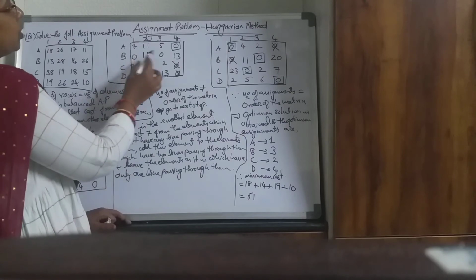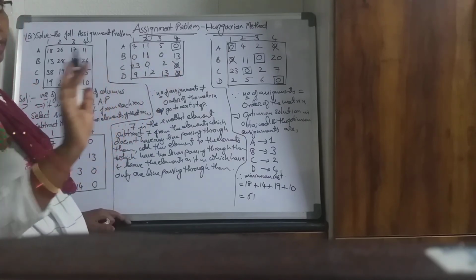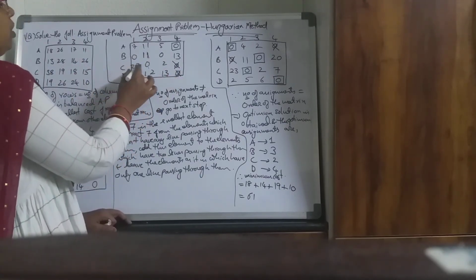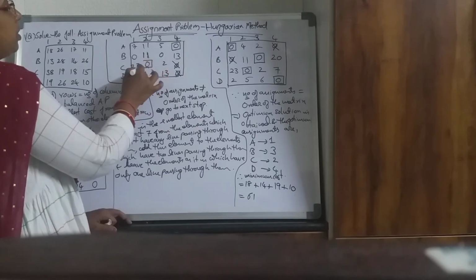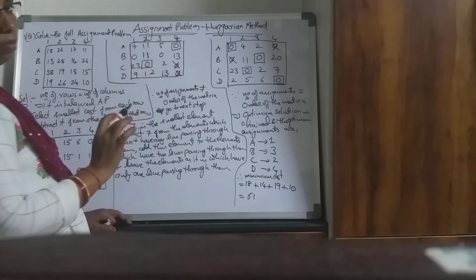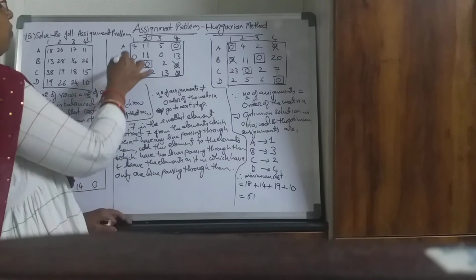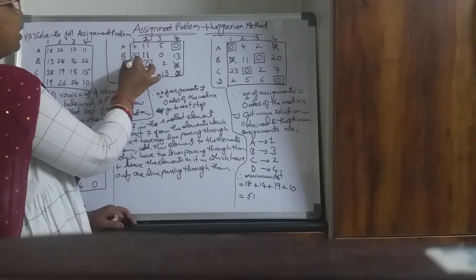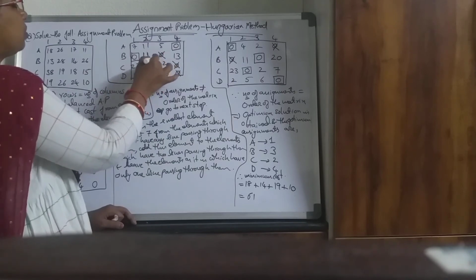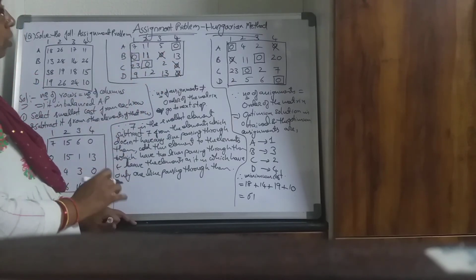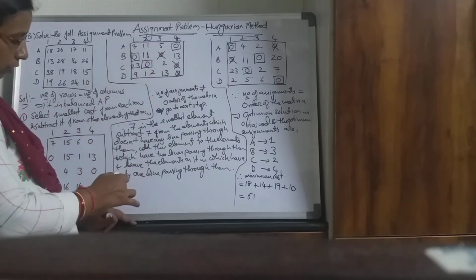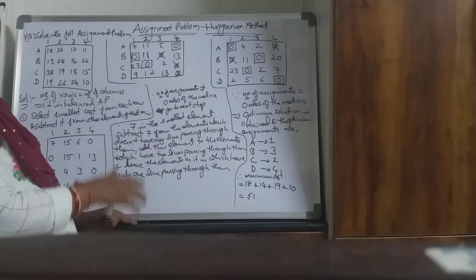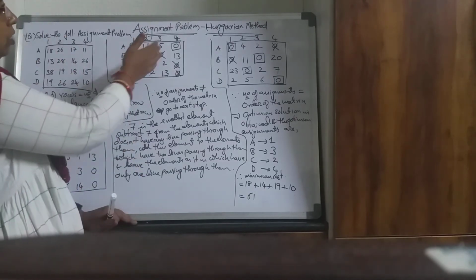Now come to next row. Second row I have 2 zeros, so I will not make an assignment. Third row I have 1 zero, I will make an assignment here. Fourth row I don't have any zeros. Come column wise. When I am coming column wise, first column I have 1 zero, so I will make an assignment here, cross off all other zeros in that row. Now check, now all the zeros are covered with cross or with an assignment. So none of the zeros are left over.